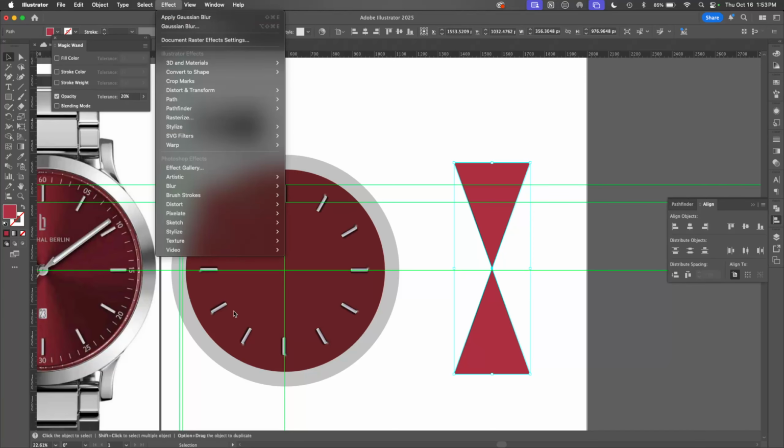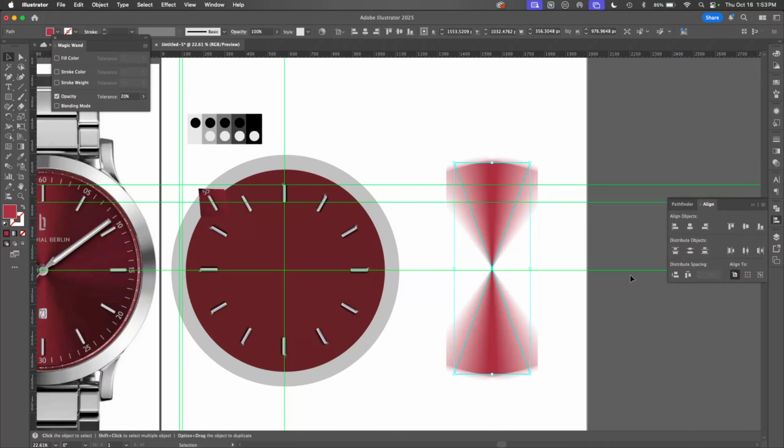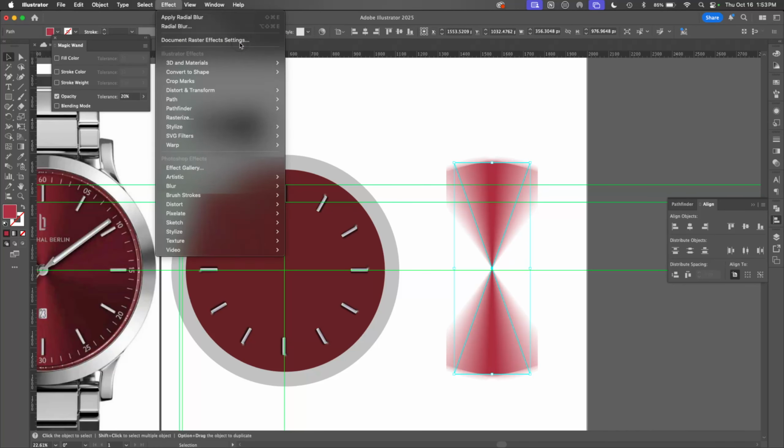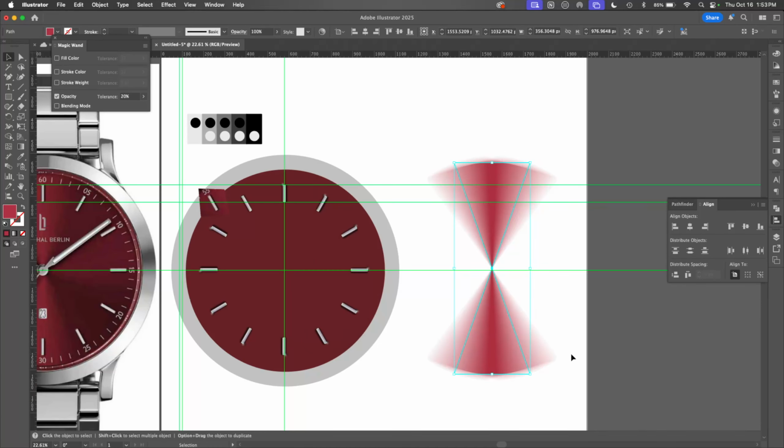Then I'm just going to go into Effect, Blur, Radial Blur. And radial blur is kind of annoying because you don't get a preview of what it looks like. You get this like stupid thing. And so I'm just going to guess that it's that much and then see if it is. And that looks okay. But now I'm running into an issue where this is kind of hitting a boundary. And so I'm going to go to Effect, Document Raster Effects Settings, and I'm going to increase the boundary of that effect around the object by adding to it. And so let's just go 125 and see if that gives us more, and that's good. Okay, and so